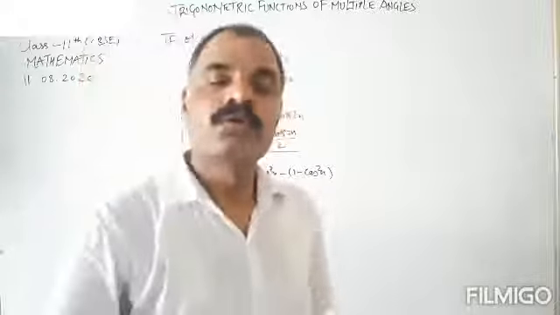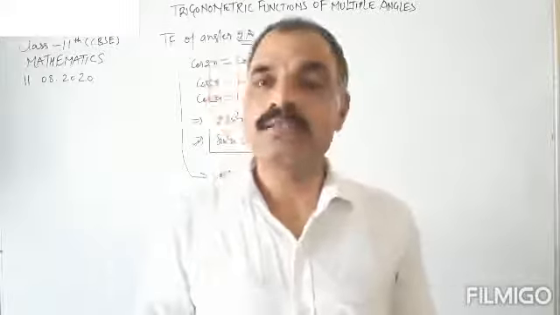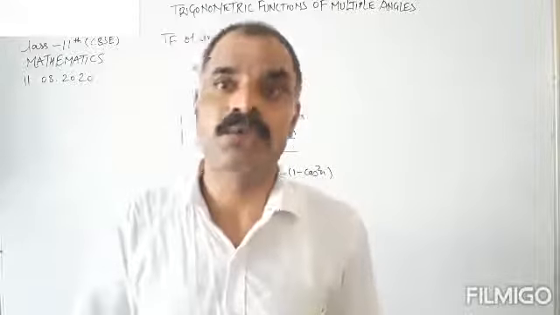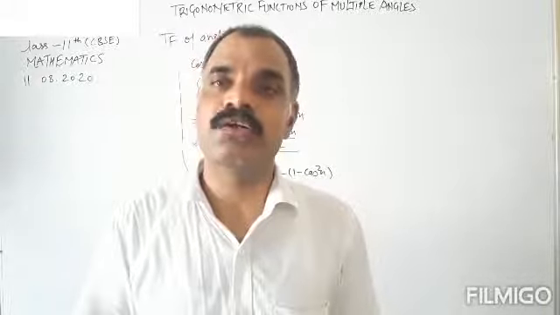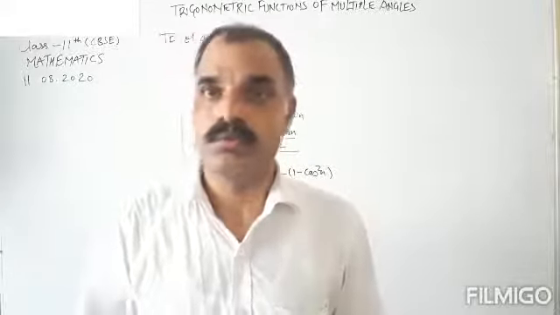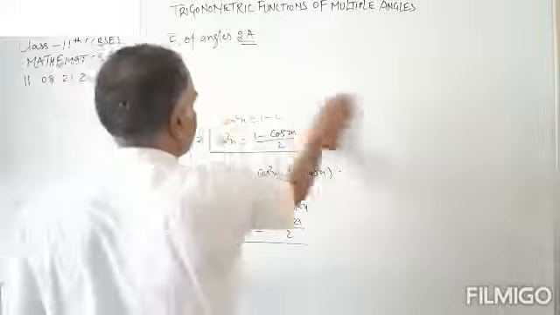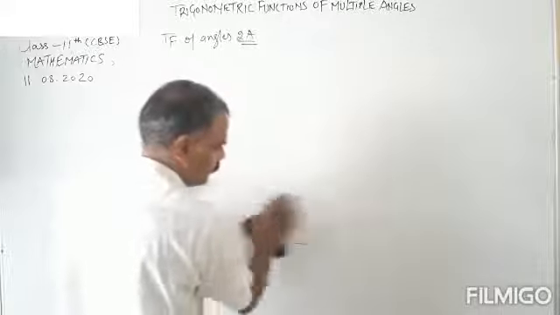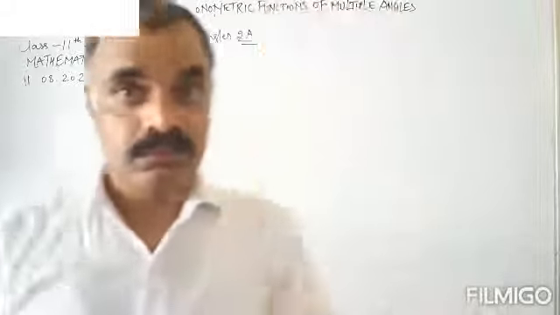Okay, now we will find the formula of sin 2x and cos 2x in terms of tan x. All these are important identities, so don't forget these. These are also an important part of the trigonometric identities. That is why I am explaining this to you. So now we will convert sin 2x and cos 2x in terms of tan x.